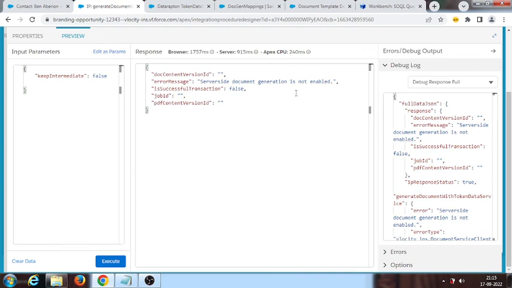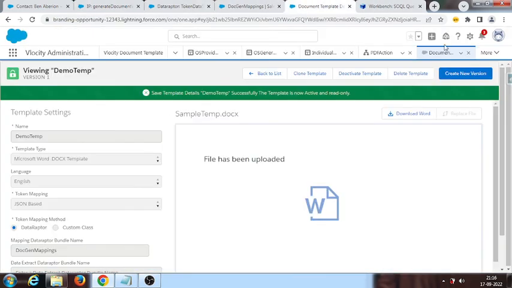Now we should create. Server side doc generation is not enabled. For this we need to enable some things here to generate. Now setup,